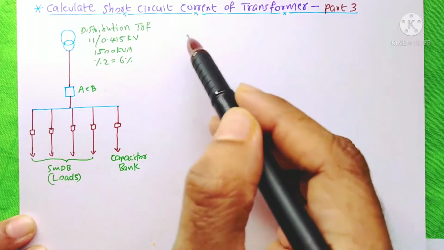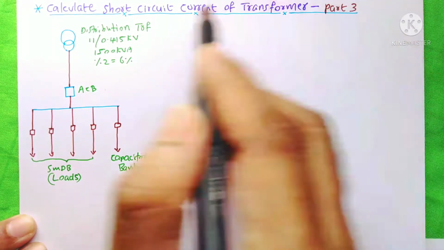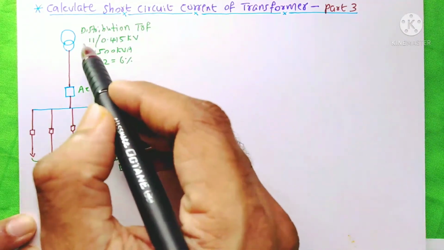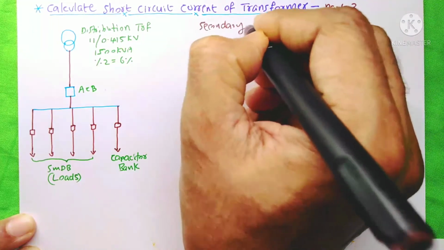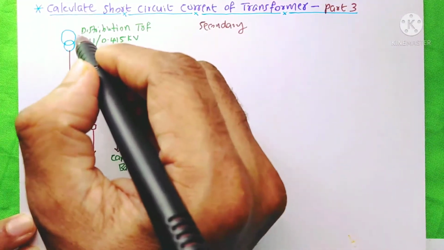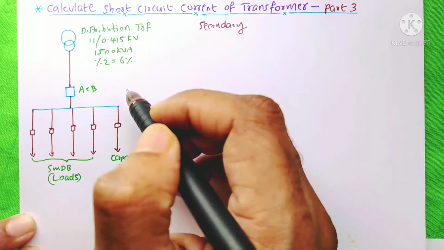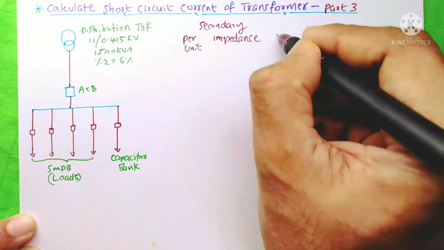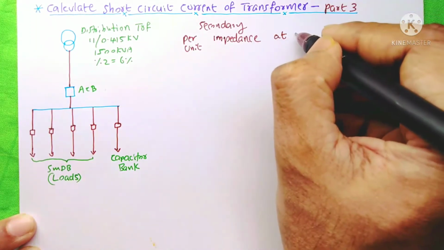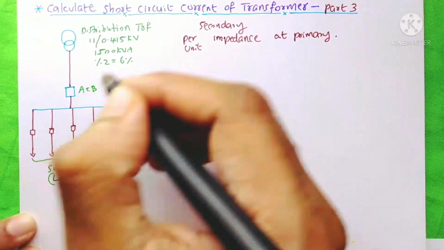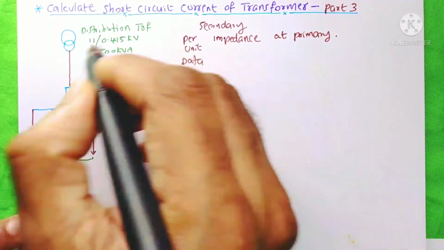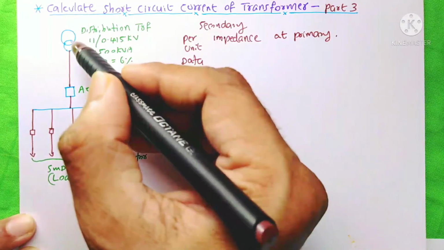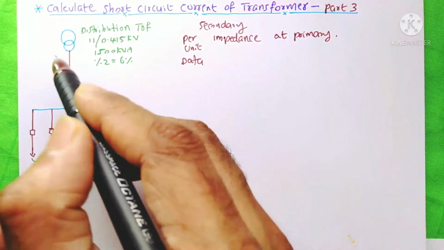How to calculate the short circuit current of a transformer. We have a setup here to find the short circuit current at the secondary of any transformer. We need the details at the primary side of this transformer to find the total impedance at the primary. But here we don't have any data for the primary of this transformer. Even in such a situation, how do we find the short circuit current and fault level?